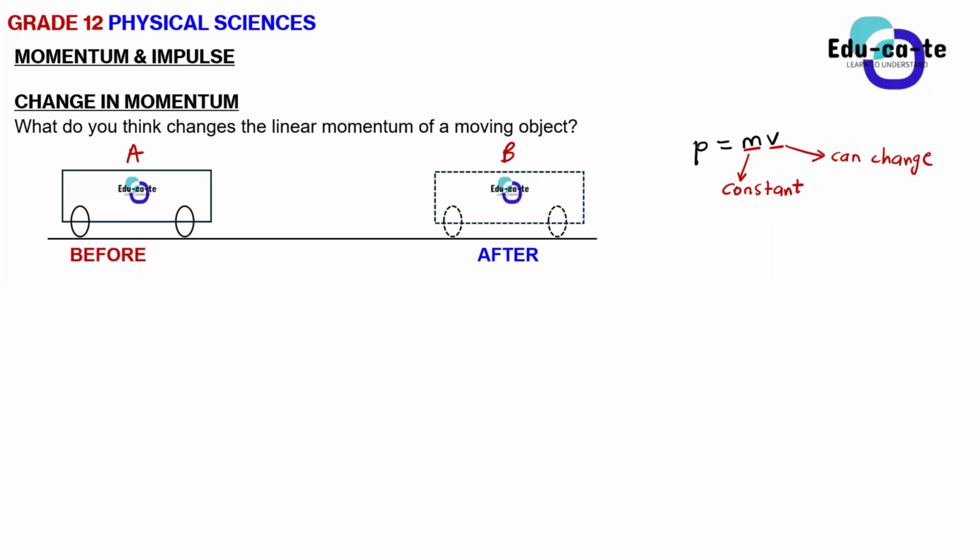So for now, can we agree that if the object remains the same and nothing happens to it, or no one comes and takes away mass from it, or maybe this car, no one comes and takes away its wheels, nothing can change in the mass, right? Yes. Exactly. But the velocity can change, and I think someone said it can be due to friction, right? Yes. So velocity is actually a factor that changes momentum.